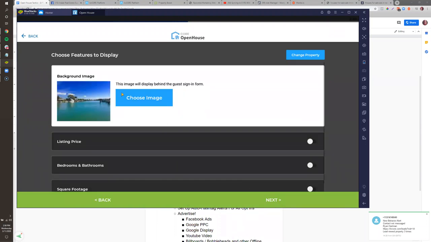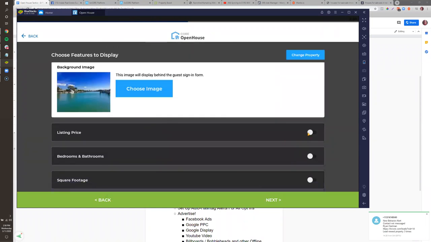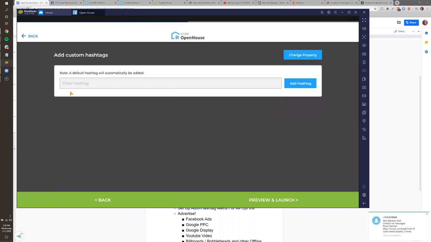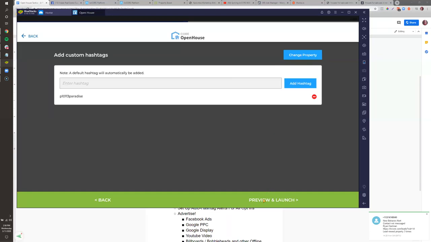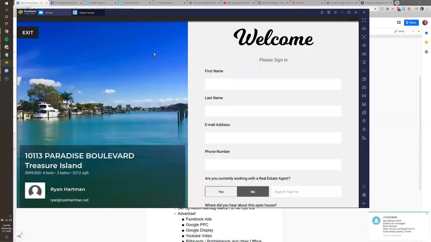Hit next. It says choose image. I'll select that one. I'd probably rather have a different one. Put the listing price, beds, baths, square footage. Next. I'll put a hashtag, so that'll be P10113 Paradise. Hashtag preview and launch. And I give it a pin. Launch. So now I have a nice sign up form that I can have people fill out at my open